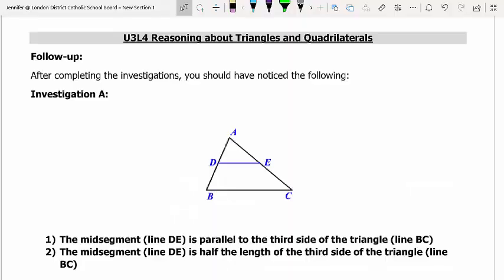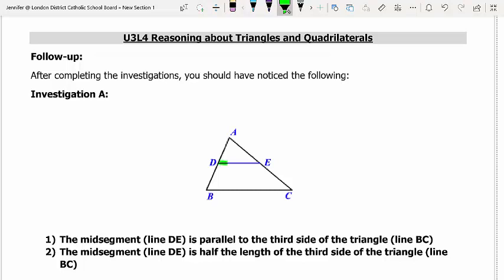Okay, so once you've completed the investigation on your own, I just want to summarize the findings that you should have realized. Okay, so here's the follow-up. After you completed investigation A, which basically made you realize certain things about the midsegments of triangles, what you should have realized first,